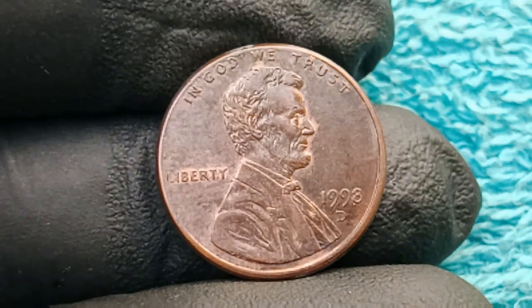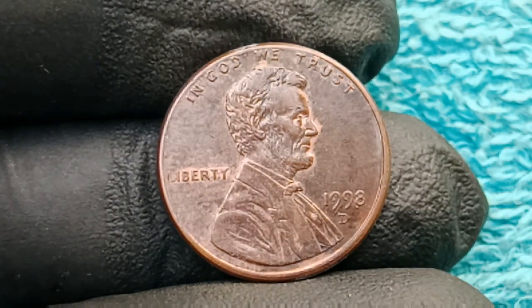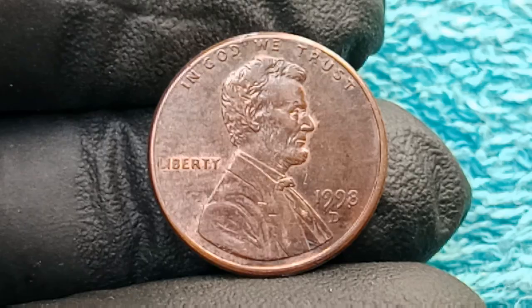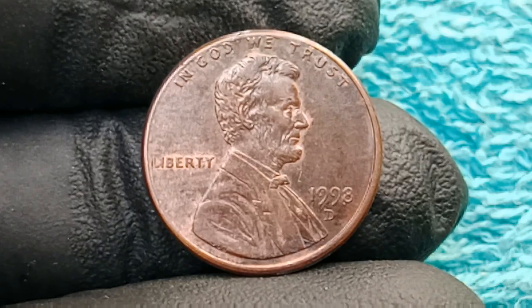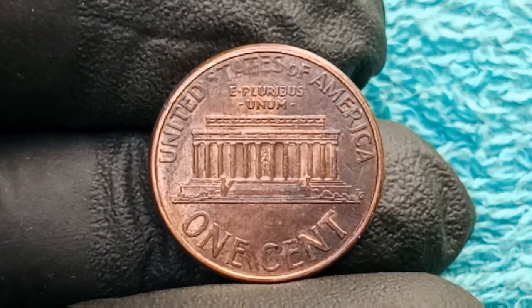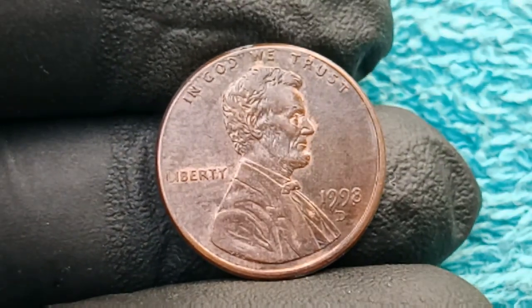for producing billions of cents each year, but not always flawless ones, because even the most advanced machinery and stringent quality controls cannot prevent occasional mistakes, and in 1998 something unusual occurred which later gave rise to one of the most talked about and legendary pennies in existence, a coin with such anomalies that it left even professional graders, numismatists, and auctioneers stunned at its uniqueness and shocked at its final hammer price, because while the 1998 D cent was